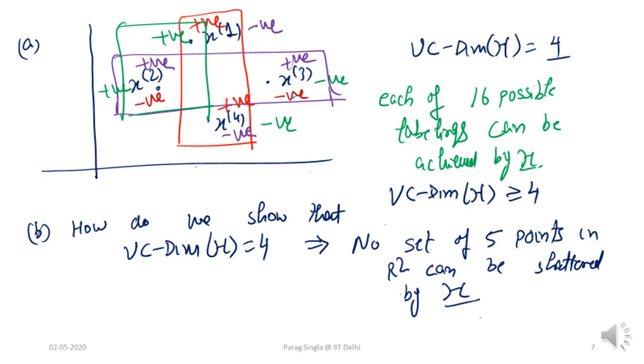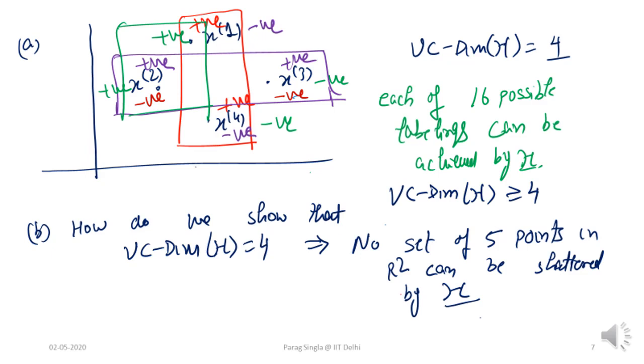And again, there are 16 possible labelings, and we have to show that for each possible labeling of these 4 points, arranged as above, there is a rectangle which separates positives from negatives. If you think about it, the slightly more difficult labelings in this case are those, similar to the previous example, where opposite points are labeled positive, and the remaining opposite points are labeled negative. For example, x1 and x4 are positive, and let's say x2 and x3 are negative.